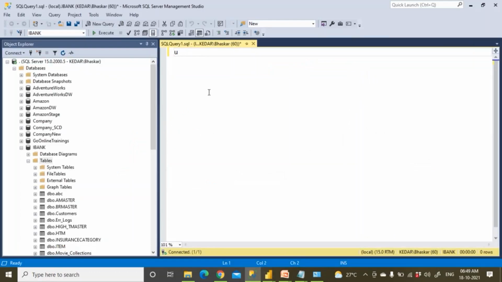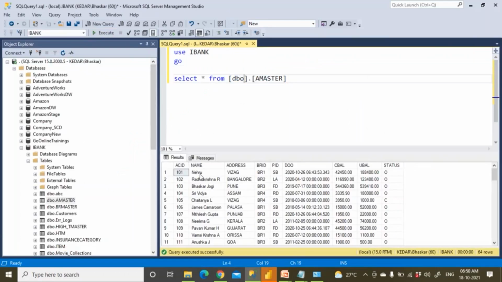Use iBank, right? So use iBank. So what is the table? Select star from the table name is this table, right? Let me execute it. I'm able to get some data here, and I wanted to also modify if you wanted